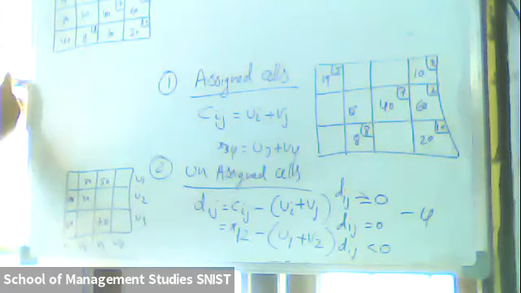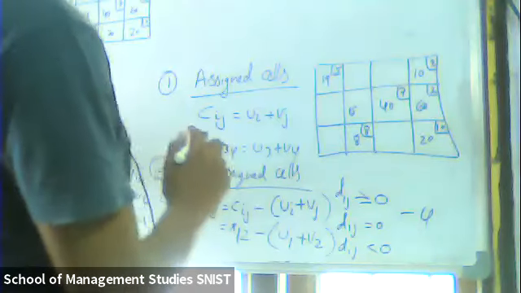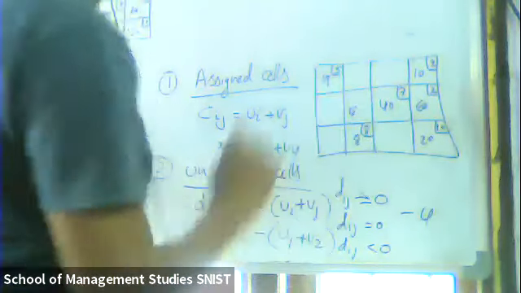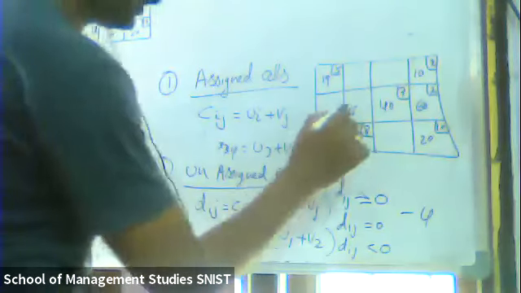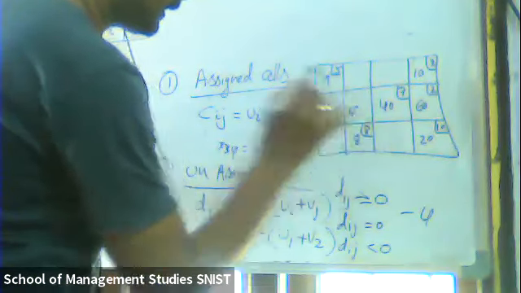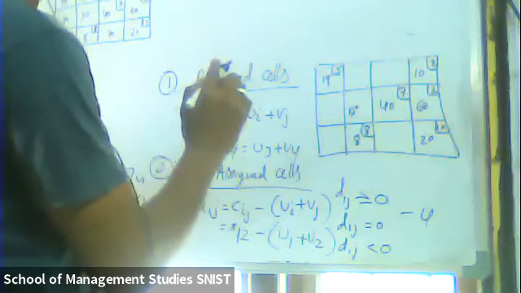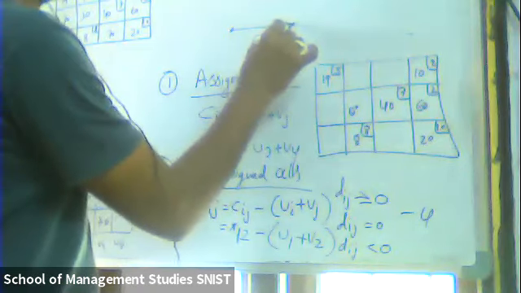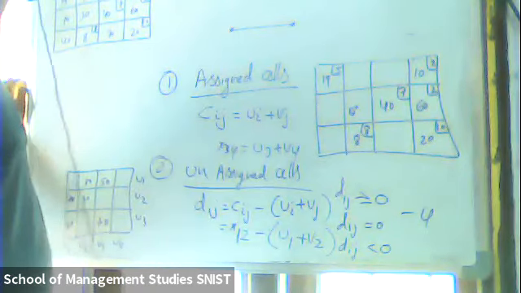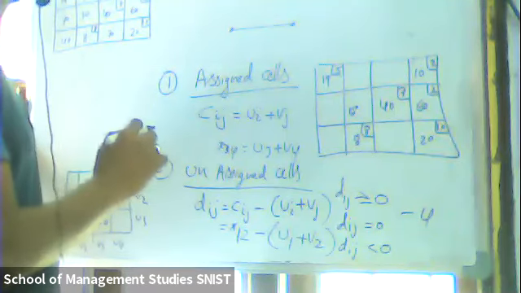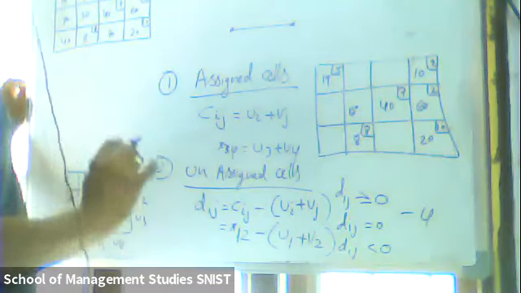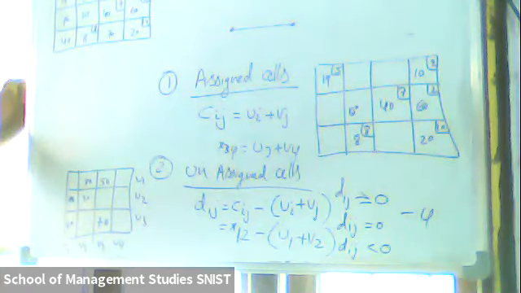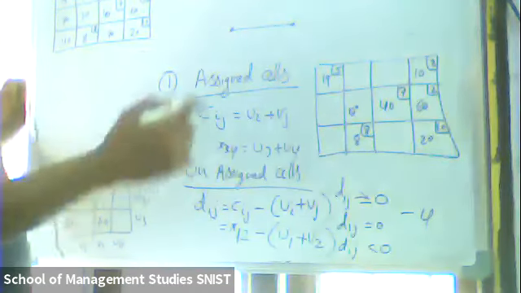Are you following? Yes, sir. Now the most important one, here you need to construct a loop. When you are constructing a loop, that loop has to end with the assigned cell, and that loop has to go either vertical or horizontal. These are two conditions. Now Ramana, tell me, I said right, the loop has to end with any assigned cell.